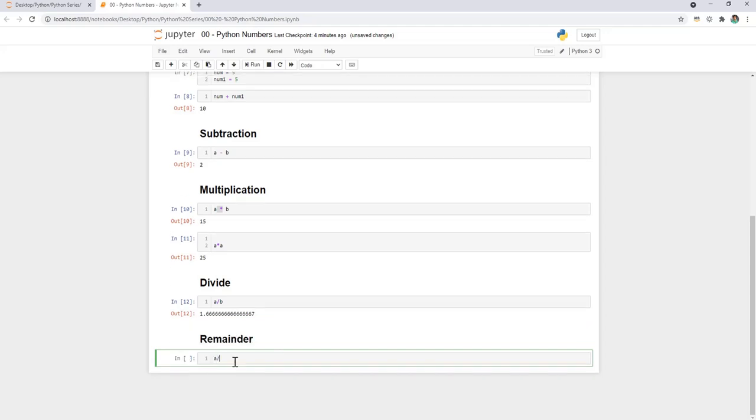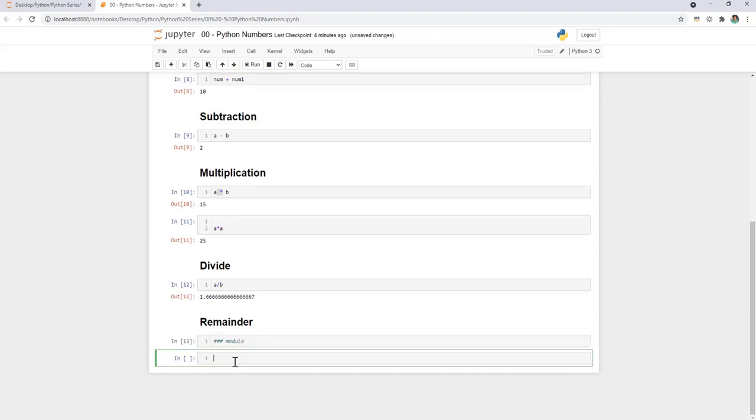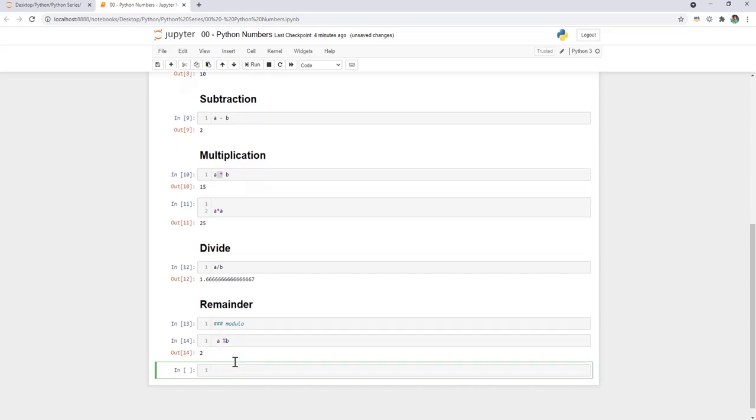For a remainder you have to use modulo, so it should be a percent b. It should be 2, giving us the remainder.